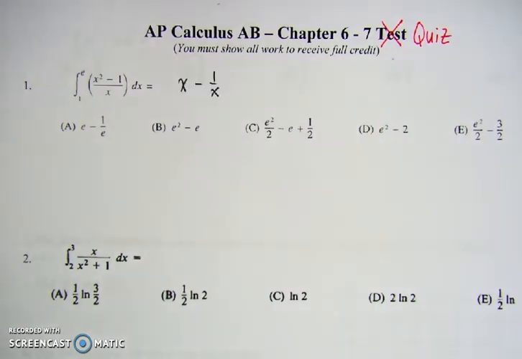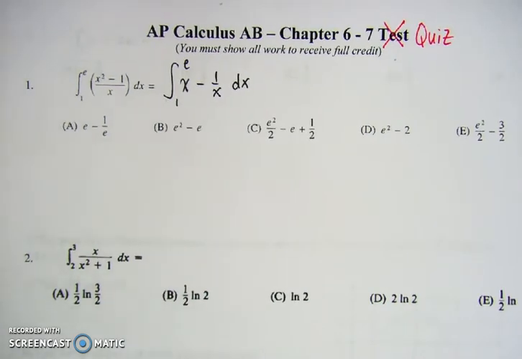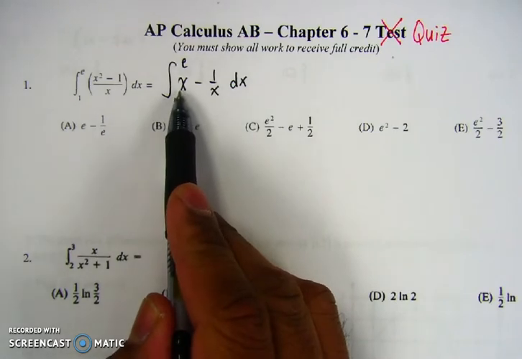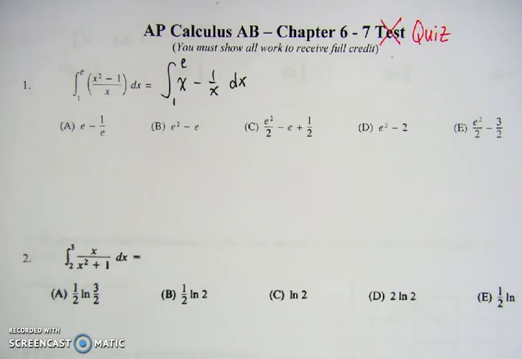And we haven't integrated yet, so we're still integrating from 1 to e. And all of this is with respect to x. So integrating that, well, that's just x squared over 2 minus the natural log of x. So x squared over 2 when you integrate x, and then the natural log of x when you integrate 1 over x. Okay, and now that we found the antiderivative, we go ahead and apply the fundamental theorem of calculus,